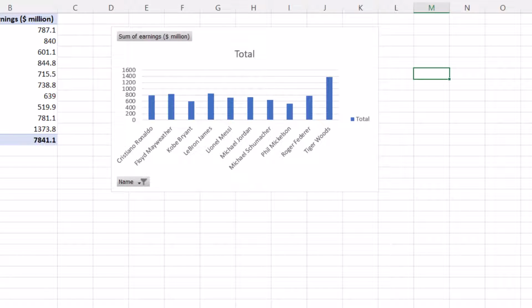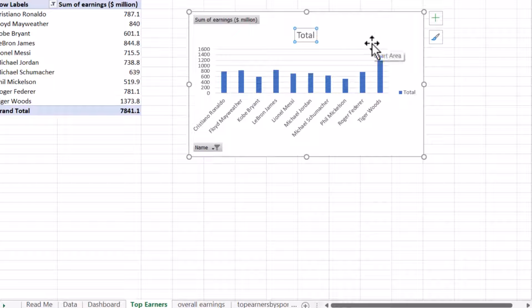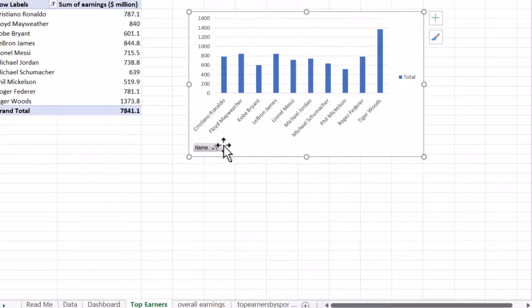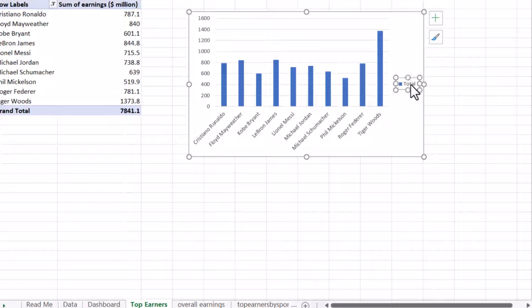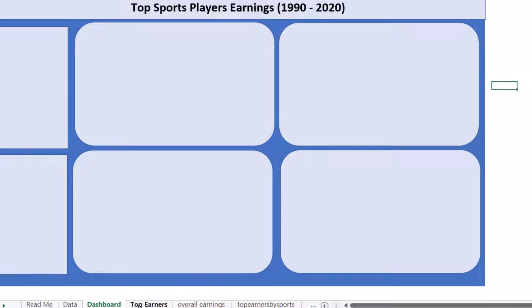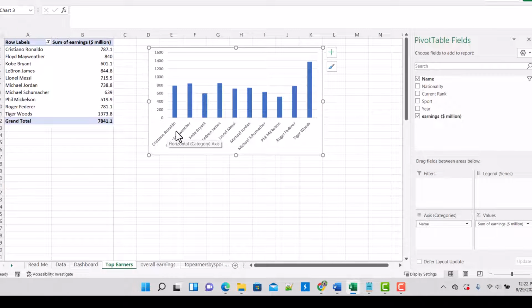All right. So now that we have this chart over here, what I want to do is bring that chart or that graph into this dashboard. And what I want to do is modify this a little bit. So I want to delete the title. I'm going to hide this over here. I am going to hide this button as well. And I want to get rid of this legend. And in order to work through the look and feel, I think having a blue chart would look good over here. It does give me the earnings of the top earning players from 1990